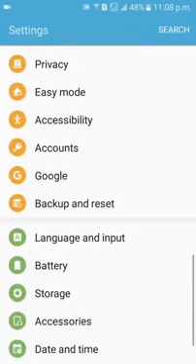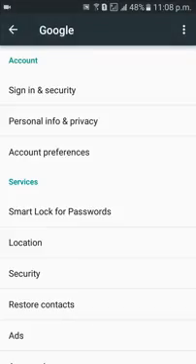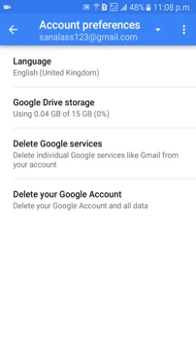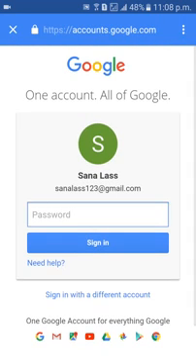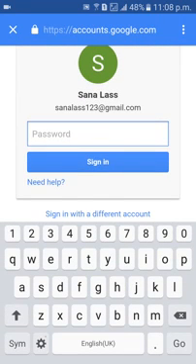You can come below to Google, then account preferences. Then delete your Google account. Enter your password, sign in. Automatically your Gmail account will be deleted.